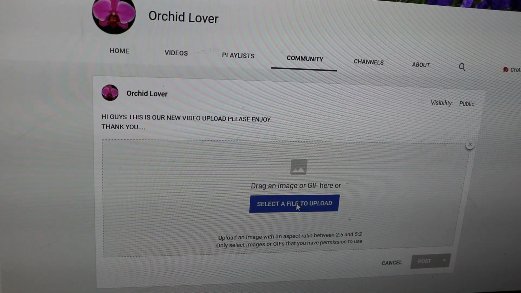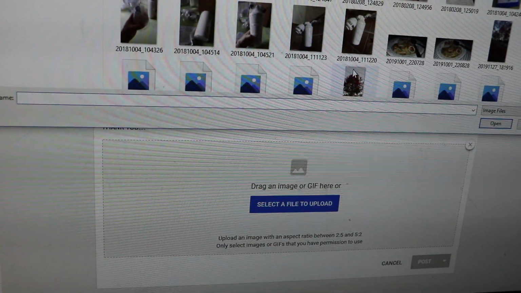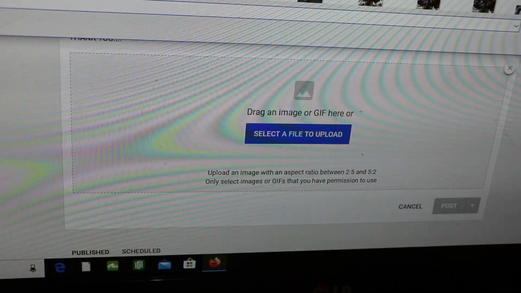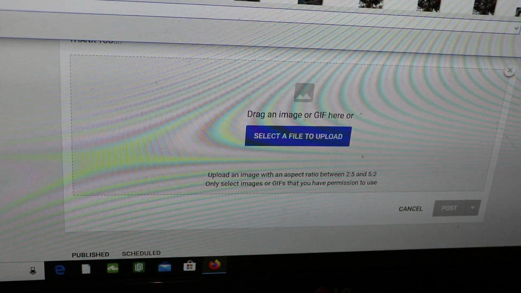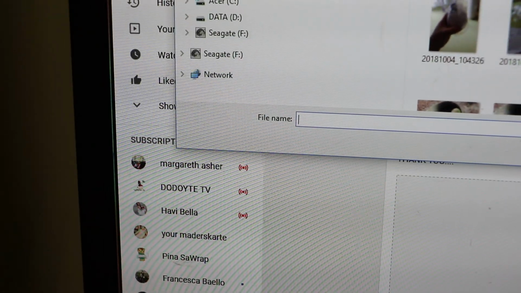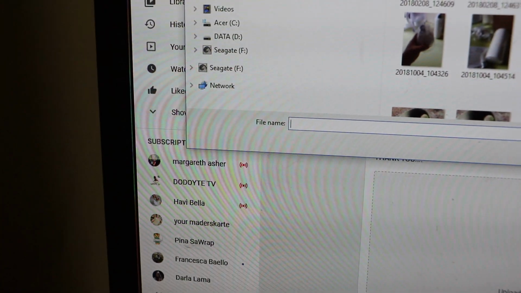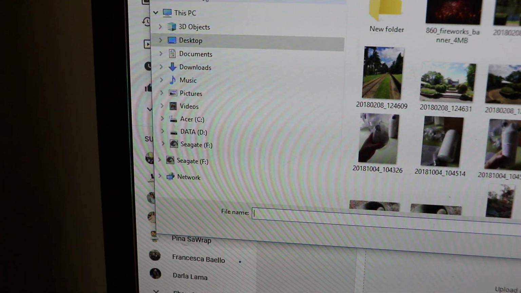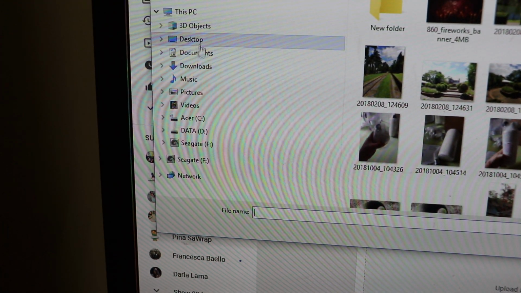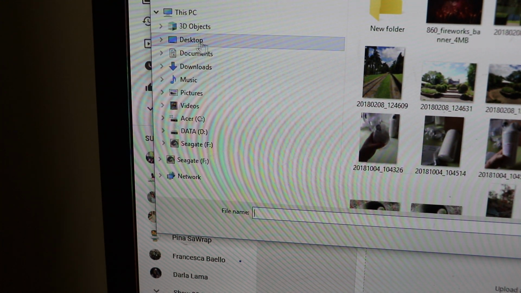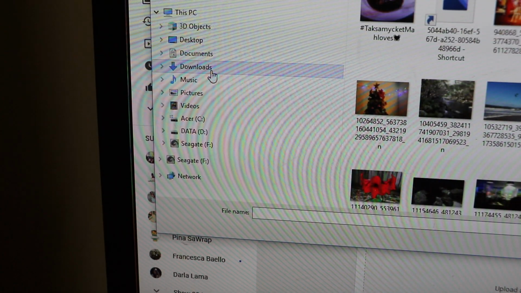Once you select the photos, you need to find them in your file uploads, either on your desktop, documents, or downloads. I'm going to drag this now so I know where it is.